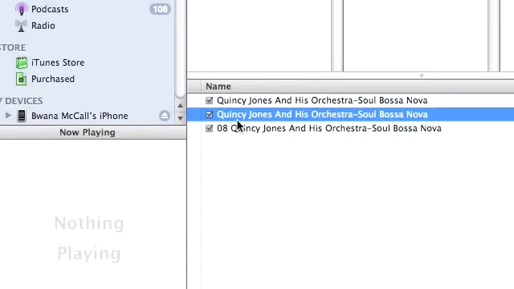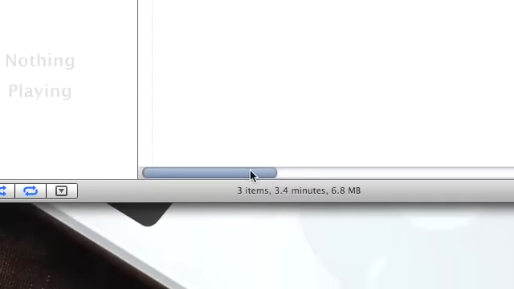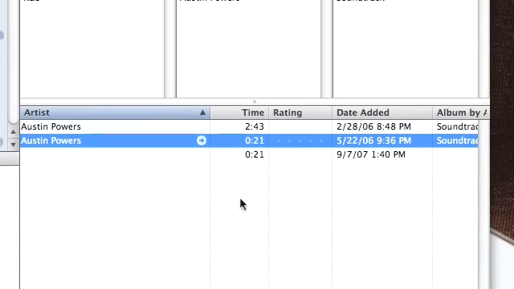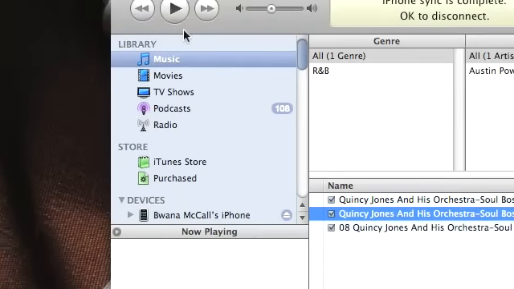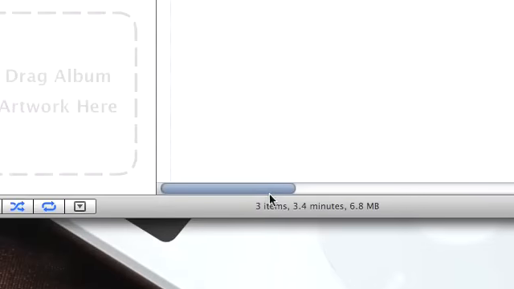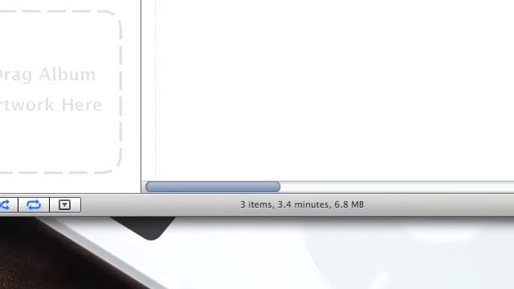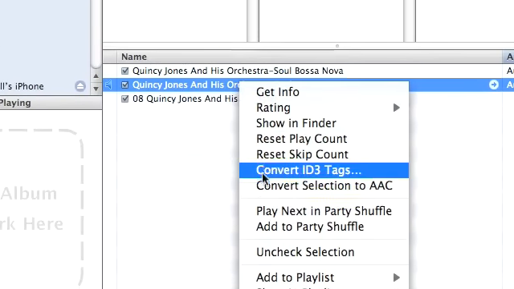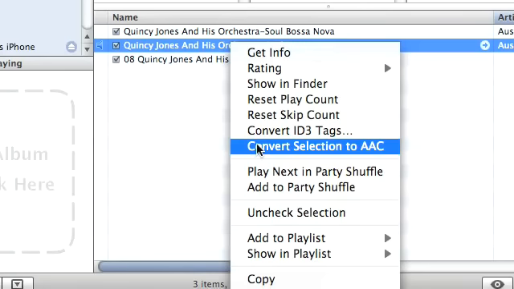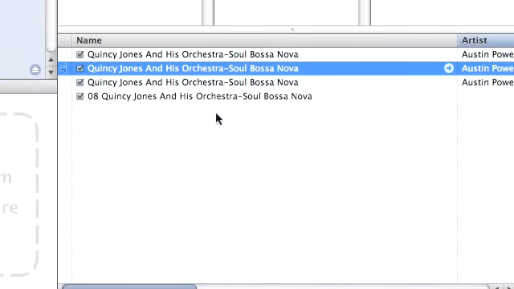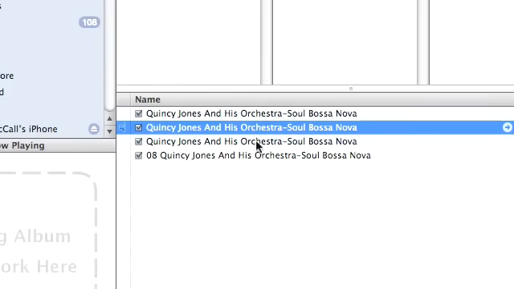So I have here a song called Quincy Jones and His Orchestra, Soul Bossa Nova, of which I've already sliced up 21 seconds that I want to use as my ringtone. So, first thing I'm going to do is convert that into AAC. I'm going to right click on that and select Convert Selection to AAC. And I get a sound from iTunes. And I have a new entry here